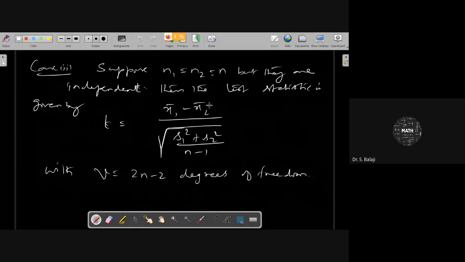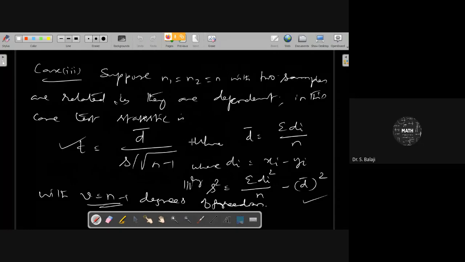But the previous one is taken from two different sets of people. One is taken from a place like Chennai, 10 people, another from Madurai or Visakhapatnam and so on. Different people, but the same size, and you can use that test statistic. For the same people, same size, before and after, you use this test statistic. This idea you can follow. Okay, right.